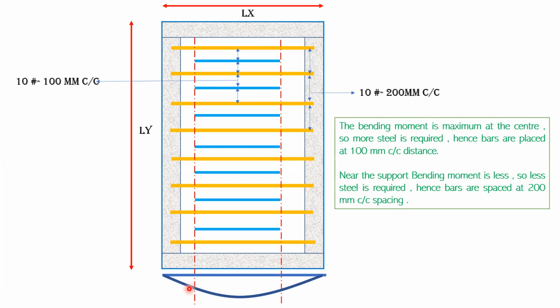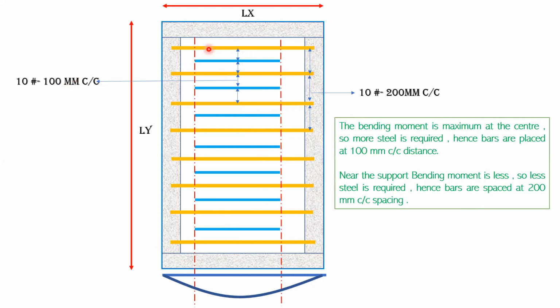So that is why bending moment is less here. Here also bending moment is less. So near the support, bending moment is less, so less steel is required because the moment will be less. Hence what we are going to do, we are going to place the bar at more spacing. If I place my bar at more spacing, what will happen? Less number of steel bars will be obtained. That is why you can see near the support there are 1, 2, 3, 4, 5, 6, 7 and 8 bars, right? Both sides. Whereas near the center, you will get 16 bars because you are keeping at 100, right?